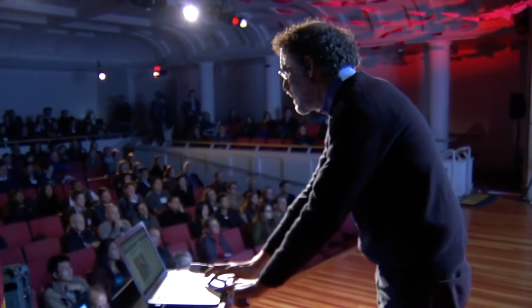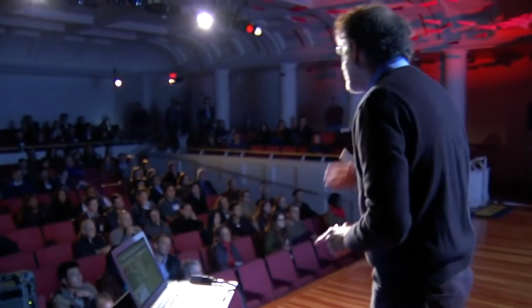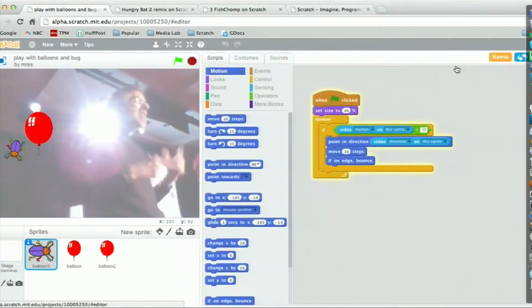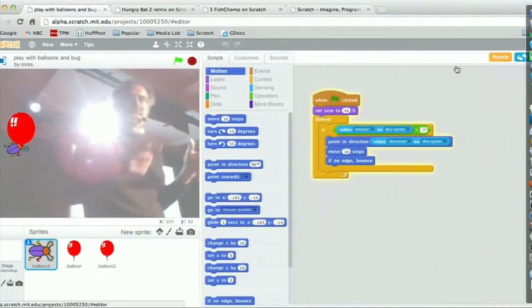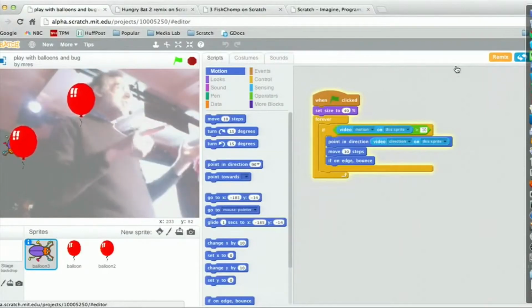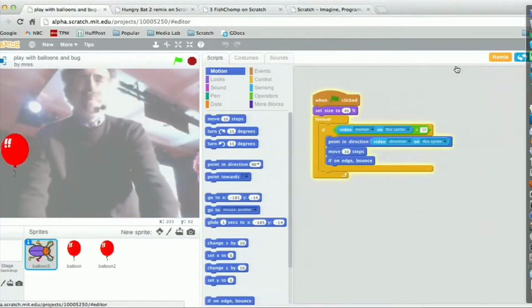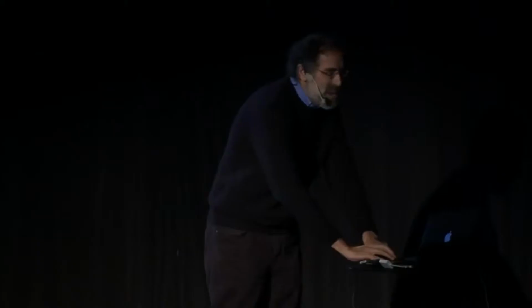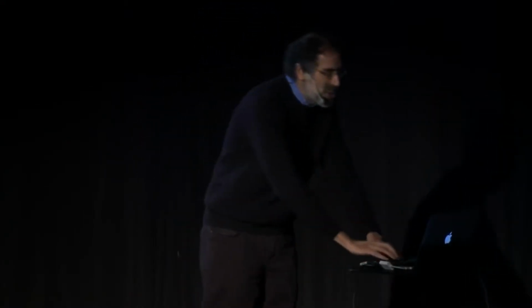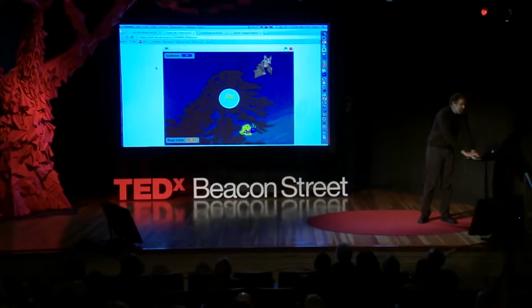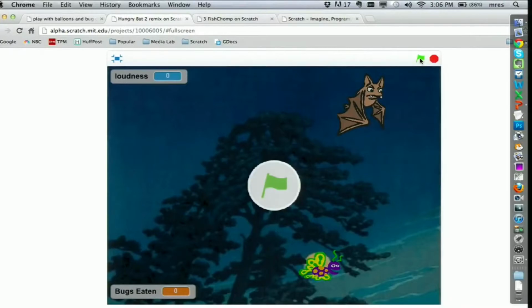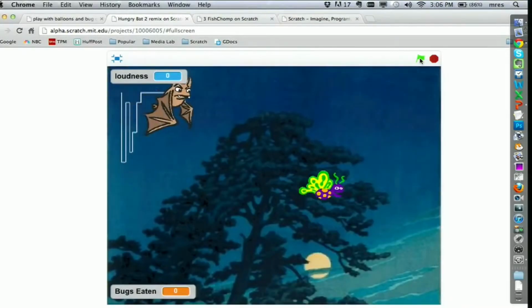And if you see someone else's game, you can just say, see inside, and you can look at the stacks of blocks that control it. So there's a new block that says how much video motion there is. And then if there's so much video motion, it will then tell the balloon to pop. The same way that this uses the camera to get information into Scratch, you can also use the microphone. Here's an example of a project using the microphone. So I'm going to let all of you control this game using your voices.